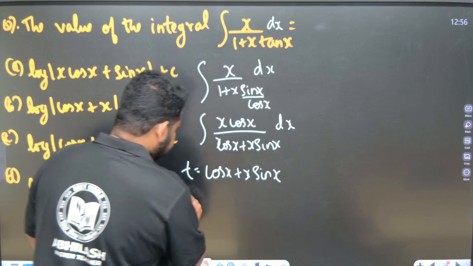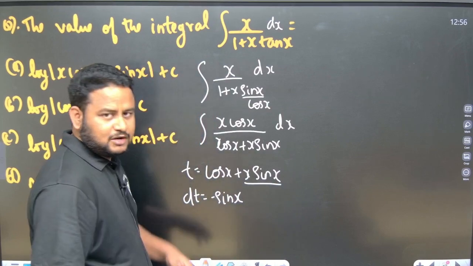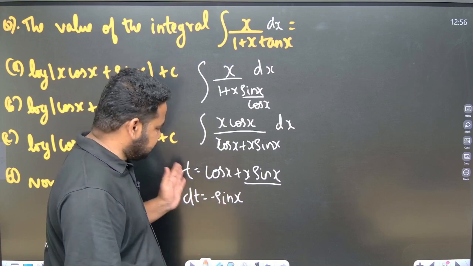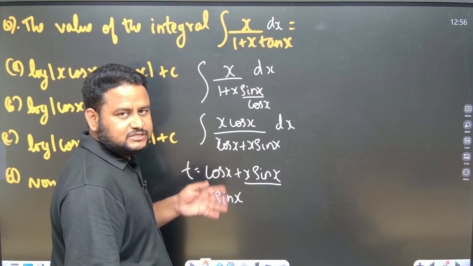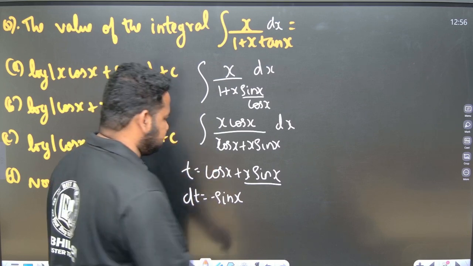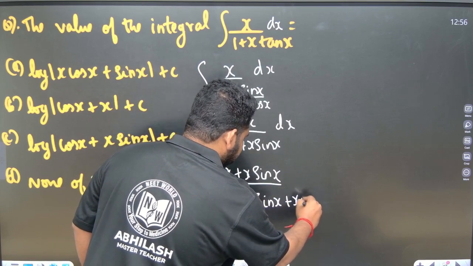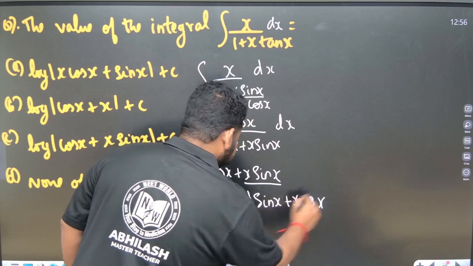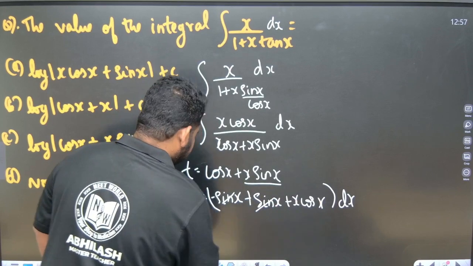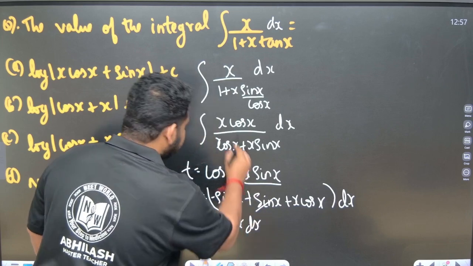Okay. Now, dt will become what? Derivative of cos x is minus sin x. Now, understand here x sin x, I have to apply the product rule, that is the UV rule. d by dx of UV is nothing but u dash v plus v dash u. So, this will become sin x plus x cos x, into dx. Now, see here, minus sin x and plus sin x will cancel. I am left with dt is equal to x cos x dx,